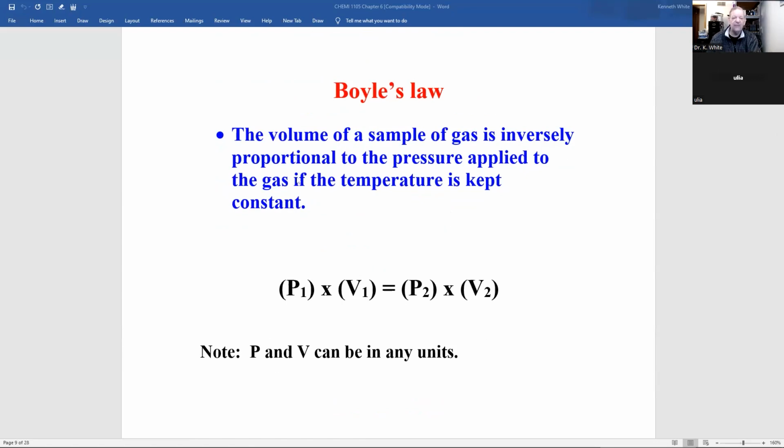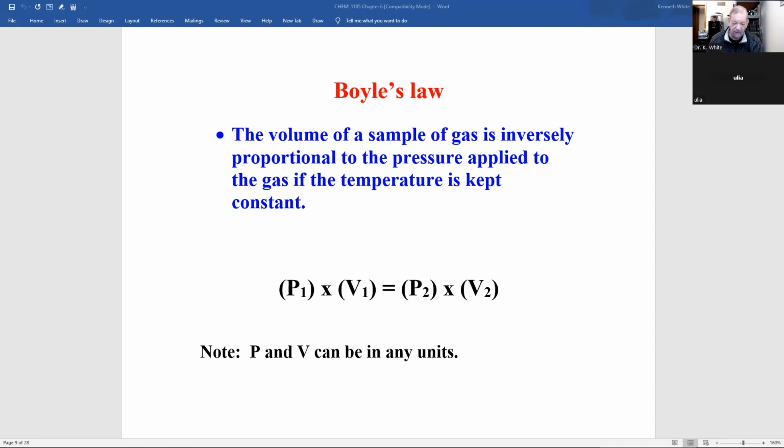Anyways, Boyle's law is the volume of a sample of a gas is inversely proportional to the pressure applied to the gas if the temperature is kept constant. What is that? Well, a better way of understanding Boyle's law is P1 times V1 equals P2